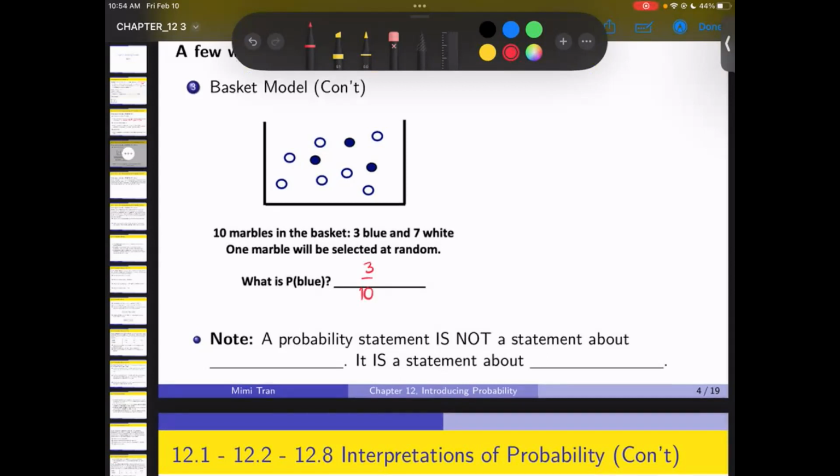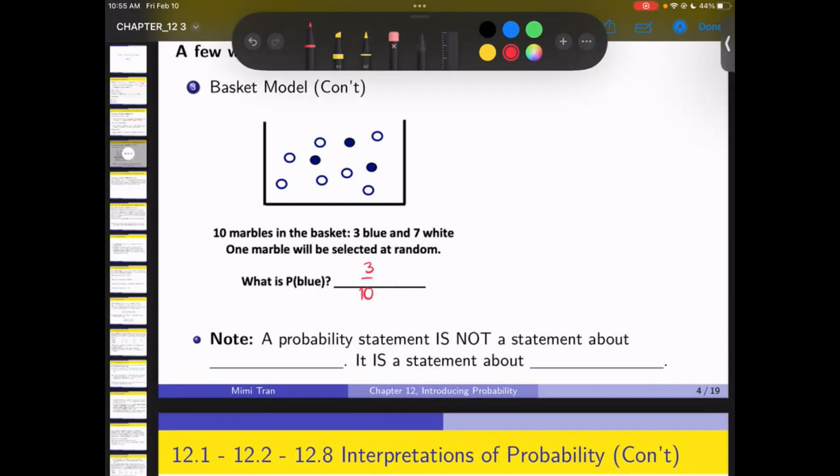For example, if you go to a doctor's office and the doctor says you have a 70% chance of getting this disease, it doesn't mean you have 70% disease inside you, right? But rather, compared to similar situations with people who have similar conditions and symptoms like yours, overall 70% of those people have the disease, right? So that's what it means by long-term probability.